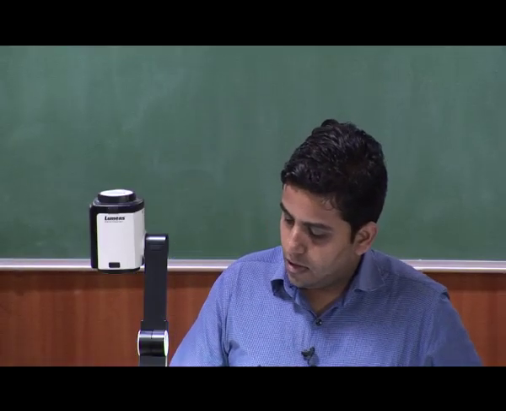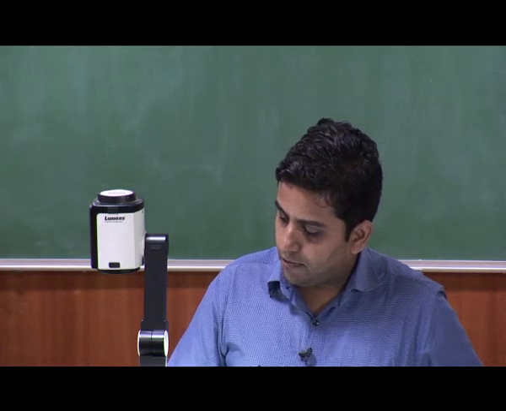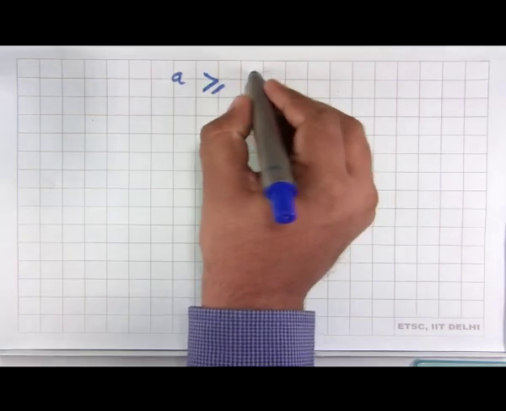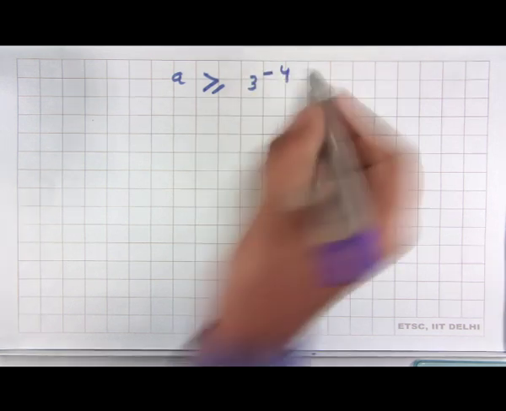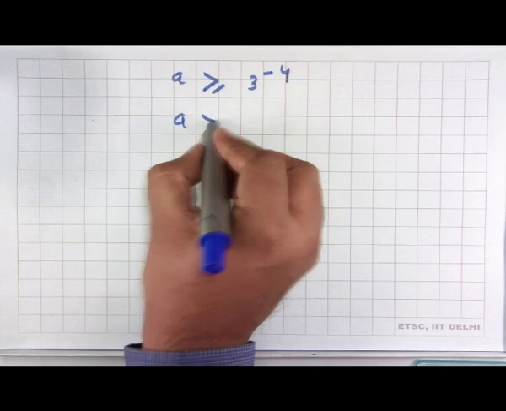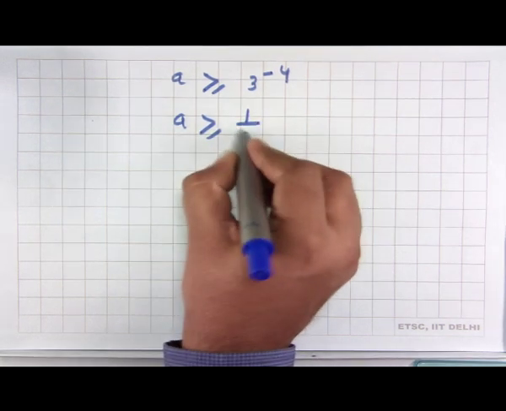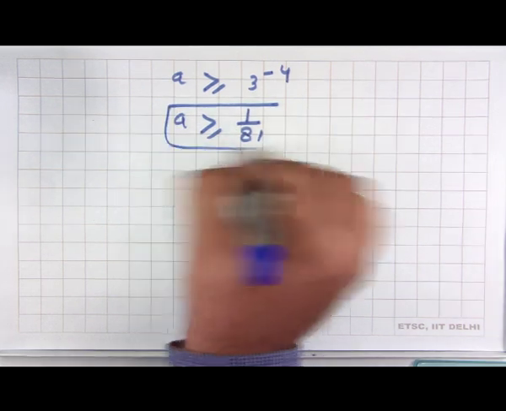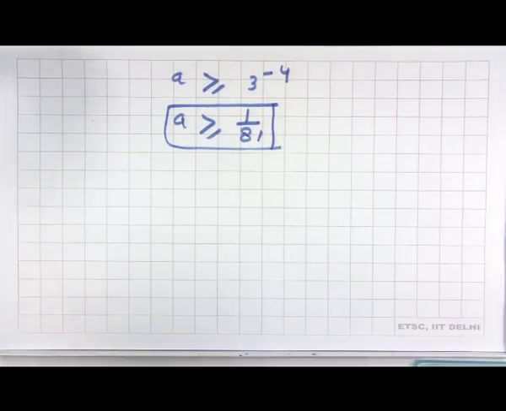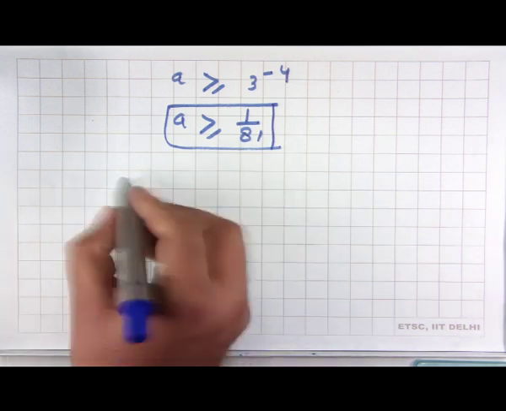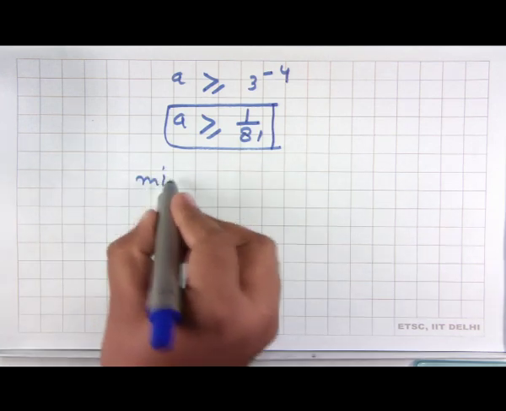Now, if we take in a power form, then a is greater than or equals to 3 to the power minus 4, a is greater than or equals to 1 over 81, means the value of a is definitely greater than 1 over 81. Now, the minimum value of a is